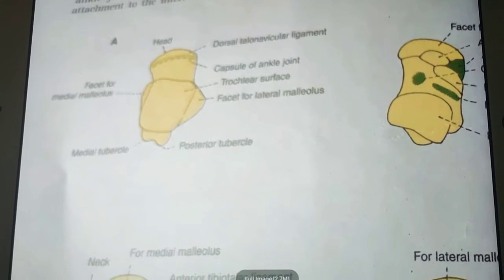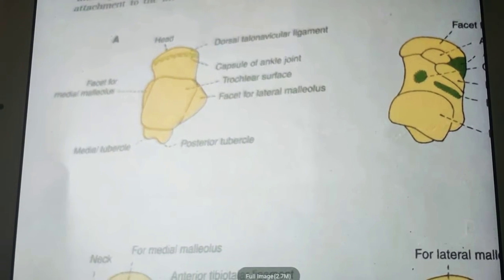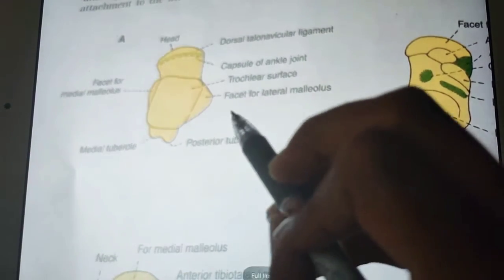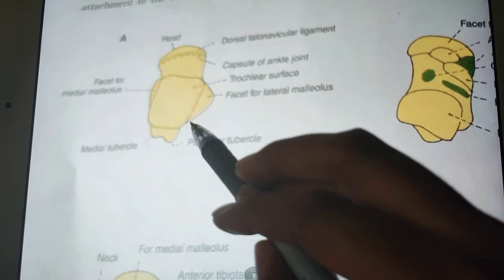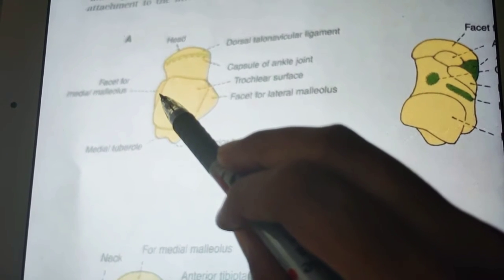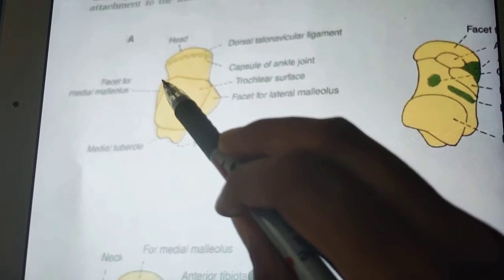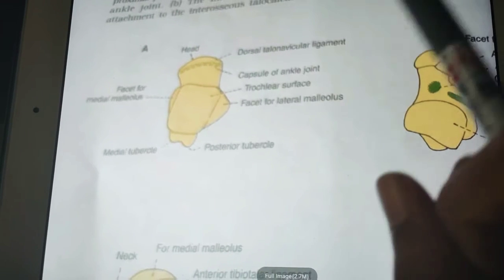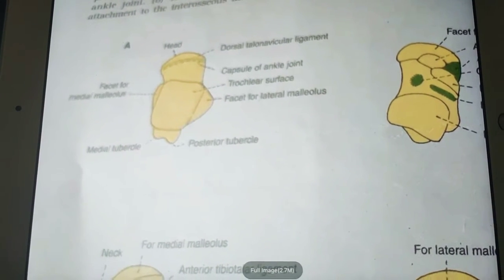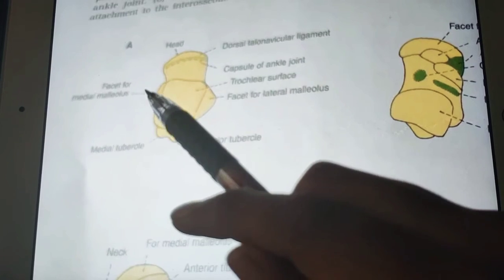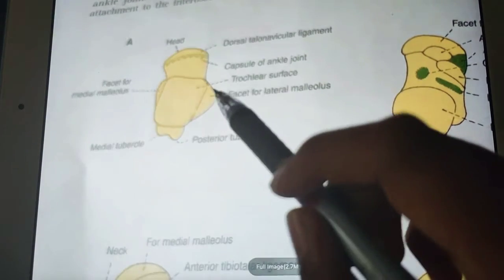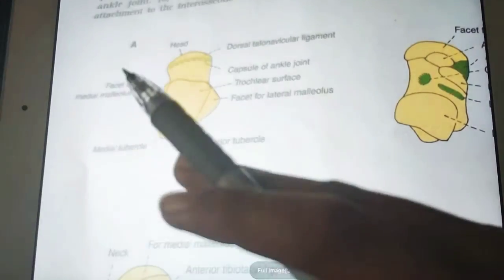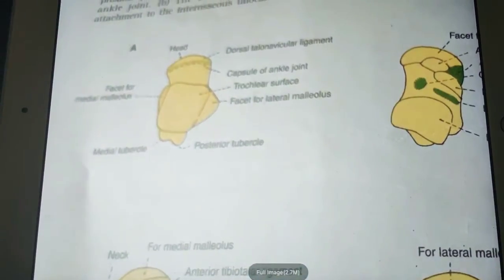The body bears a large triangular facet laterally. You can see here the facet for the lateral malleolus, which is triangular. And medially it will have the facet which is comma shaped. Mainly by these features you can determine whether the talus is of the right side or left side, by means of this lateral and medial side. Always the lateral side has the triangular area and always the medial side has the comma shaped one. By this you can determine whether it's the right side or left side of the talus bone.